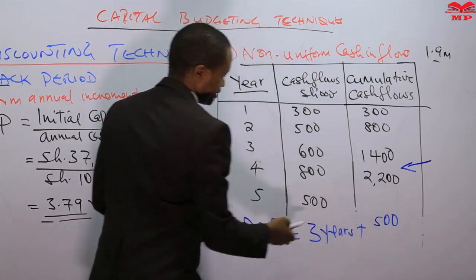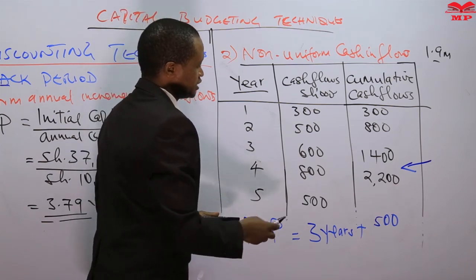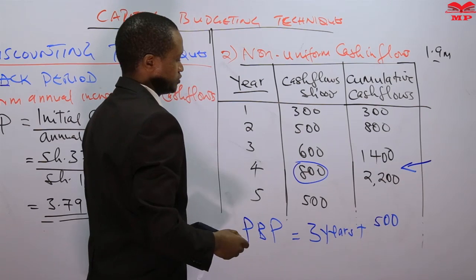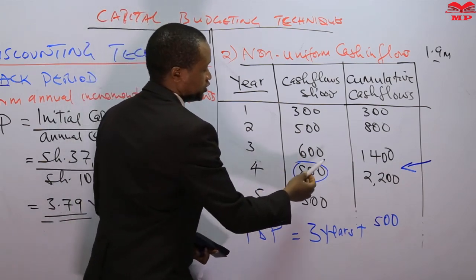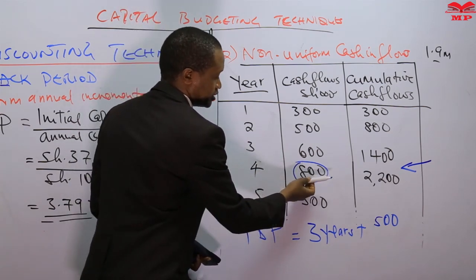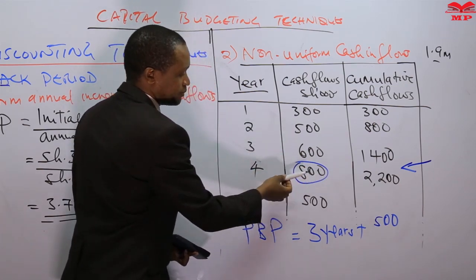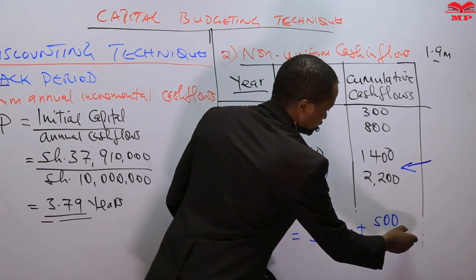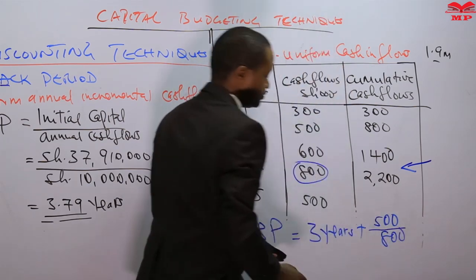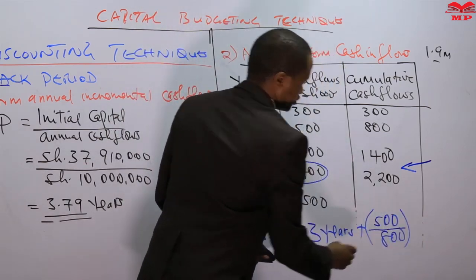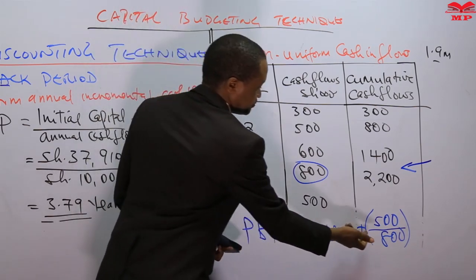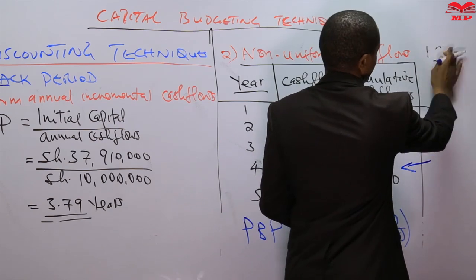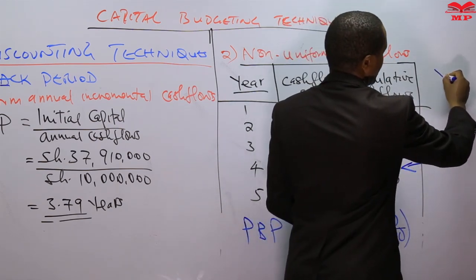This 500,000 is expected to be raised from the cash flows expected in year 4. At the end of year 4, the project has generated 800,000. So we are going to take a proportion of this 800,000, and in so doing we need to divide 500,000 by 800,000 so that we take a proportion, because in 1 year, in other words, we are saying here, one year,